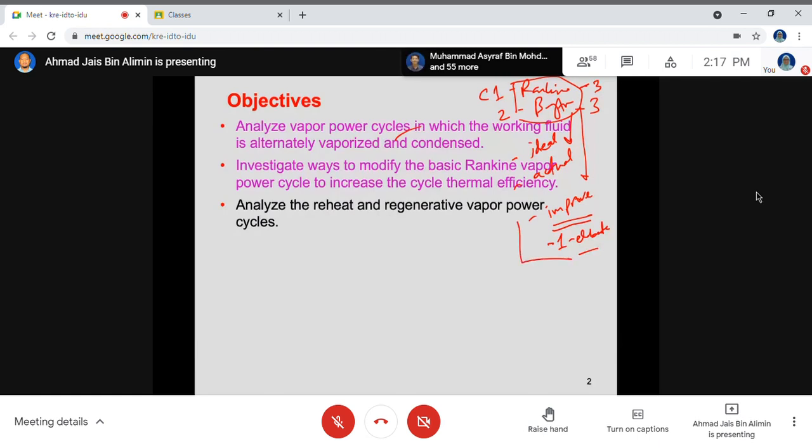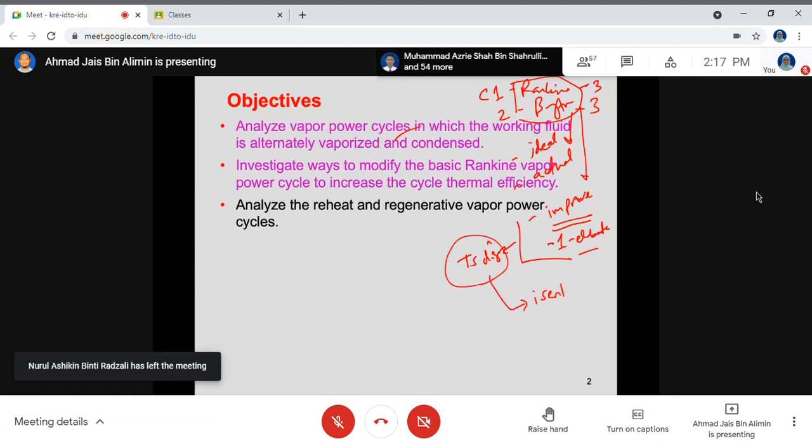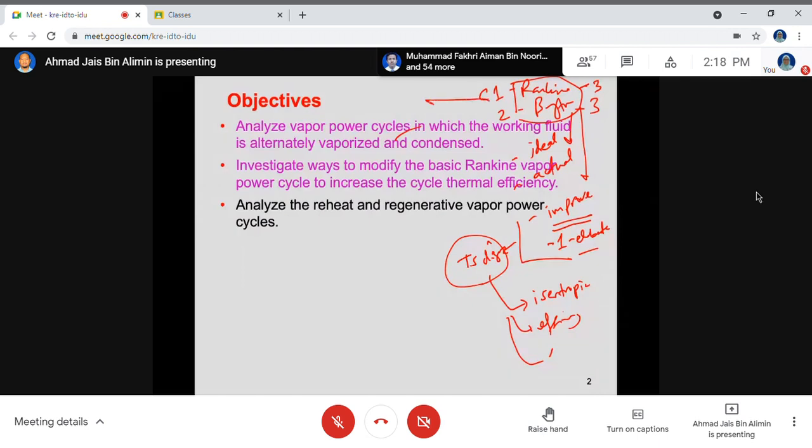And then in most cases, you need to have the T-S diagram. Once you have the T-S diagram, your analysis will also include the isentropic assumption and the efficiencies, and then you calculate, for example, the mass flow rate or anything related to that. So this is the common approach. For Rankine, again, a reminder, we're talking about water as the working fluid. For Brayton